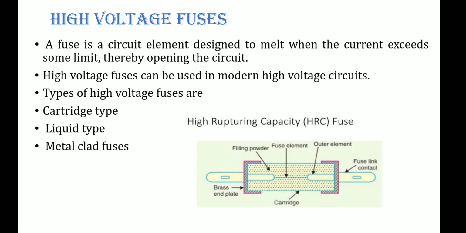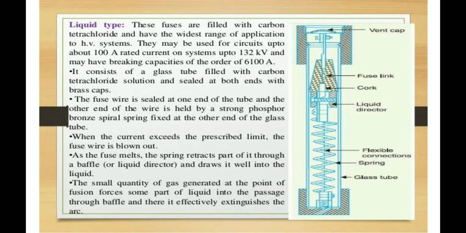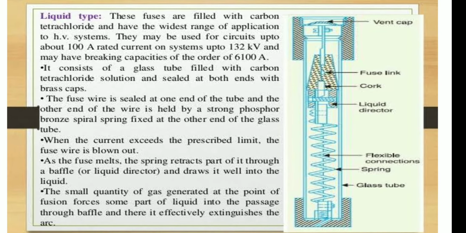It is over. Next, which kind of fuse is there? That is the liquid fuse. Okay, shall we move on to the liquid fuse? See this one. Liquid fuse. For these kinds of fuses, see the construction here. From the construction point of view, whatever things are there, we'll discuss it. Liquid type. The name itself indicates which liquid we are going to be using inside this one to quench the arc or to suppress the spark which is going to be generated due to the heavy current. Getting my point?